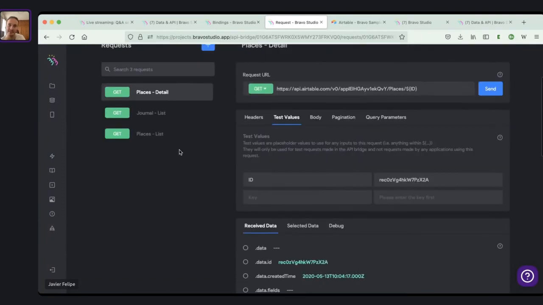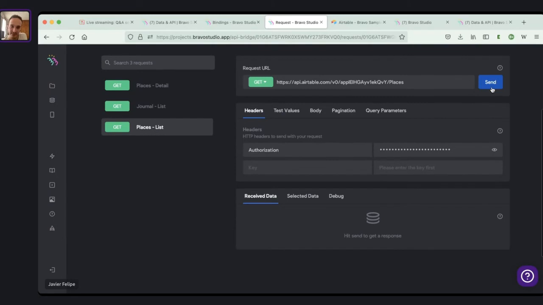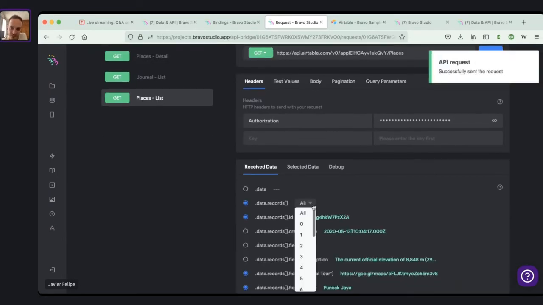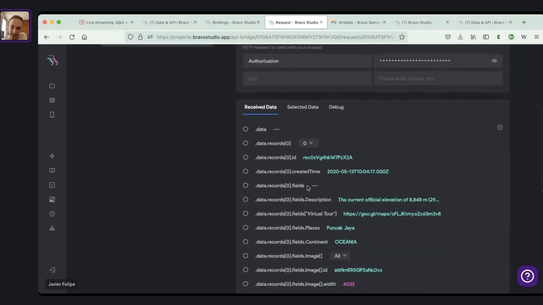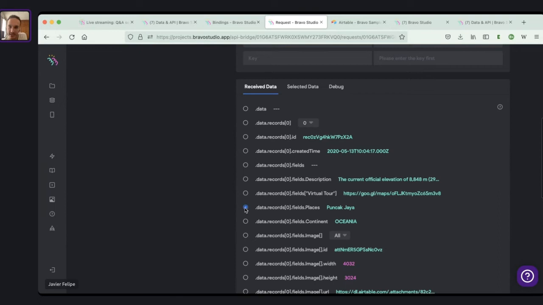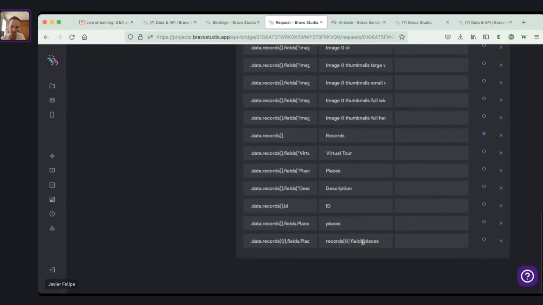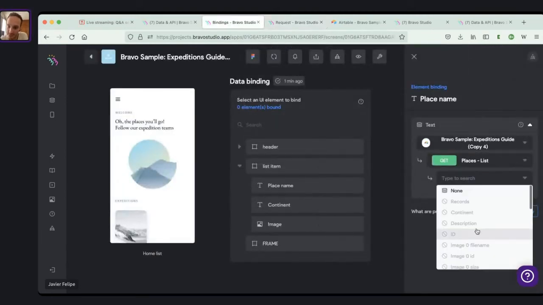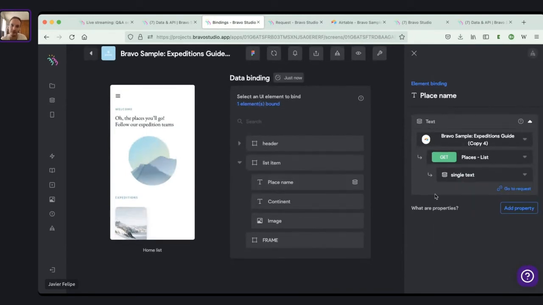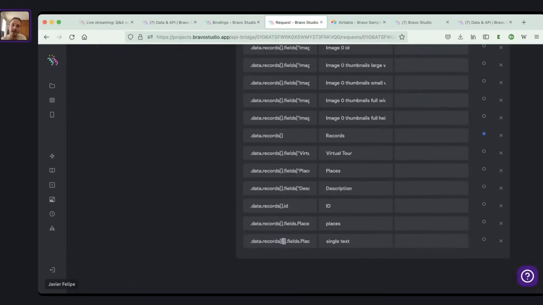But for instance, let's imagine we have the list request and we want to bind just the first element. Then we will need to choose here one element. This is going to be the first one. And let's say we want to bind this places item. So then we will need to look for it here. We will find it because it has a 0 index here. And we will just say single text. And then if we come here, probably we will be able to bind it. Yeah, because we are now making reference specifically to the 0 element of the table